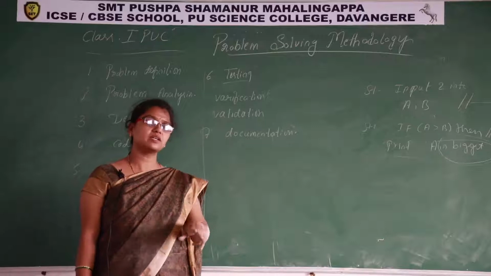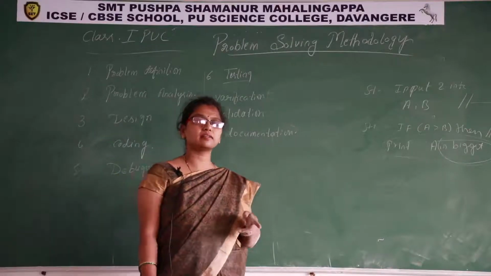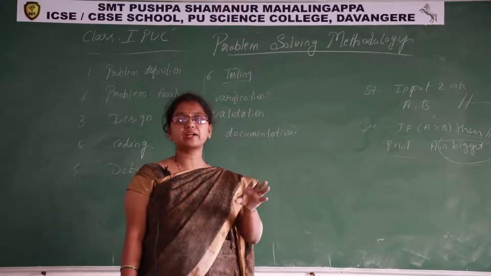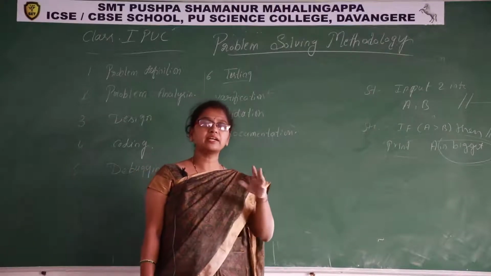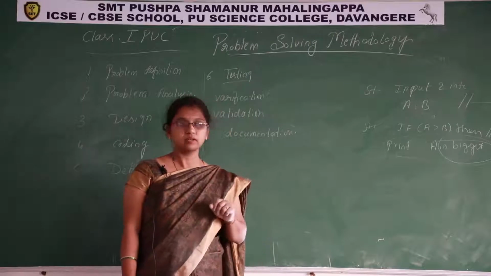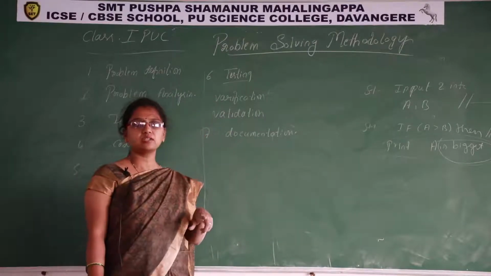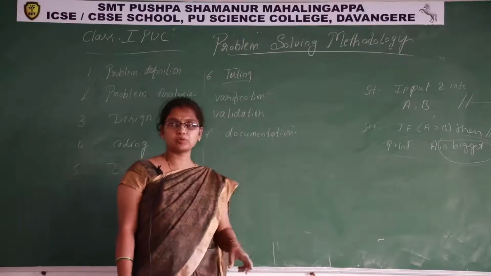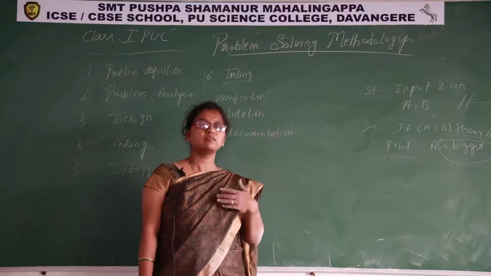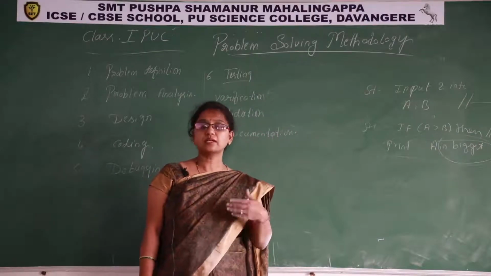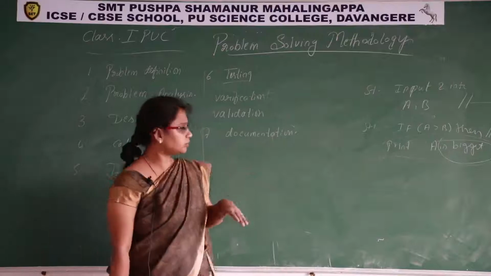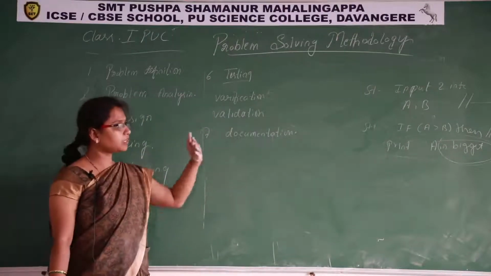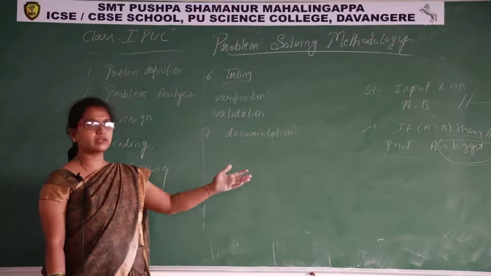Documentation, there are two types. One is internal documentation, another is external documentation. Internal documentation means the comments we are writing in the program to understand each and every step of the program. And external documentation is what's happening on the output screen, what statements you can see on the output screen, according to which the user will interact with the program. That is called external documentation. At this moment, if you do not understand this documentation, leave it. When we come to the programming part, you can understand it easily.